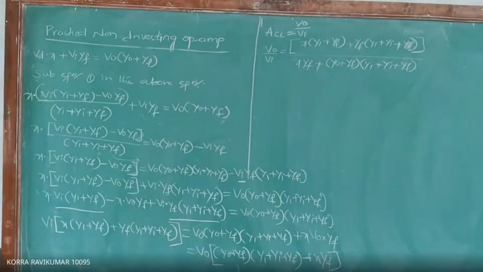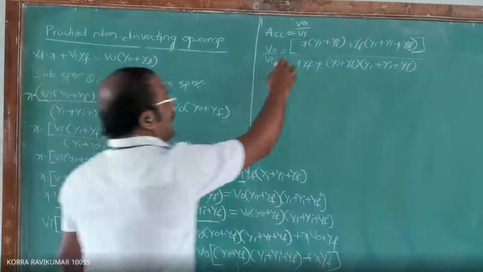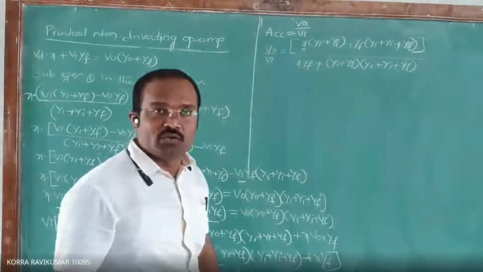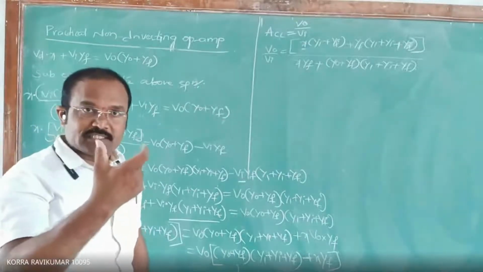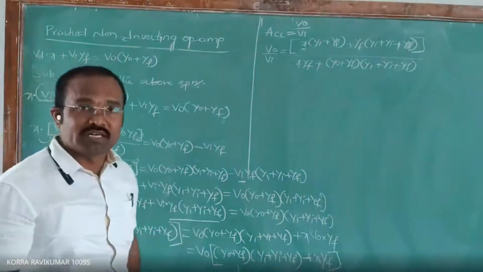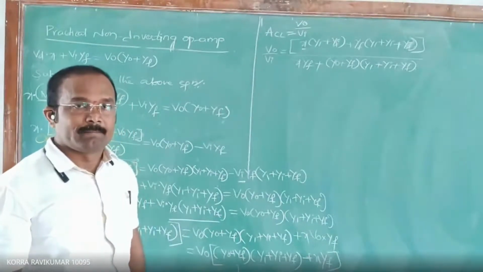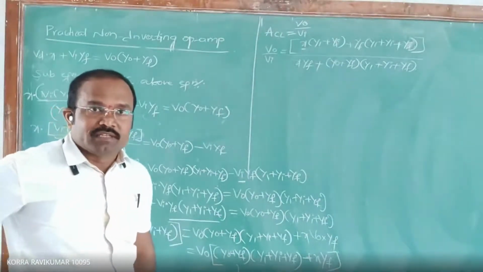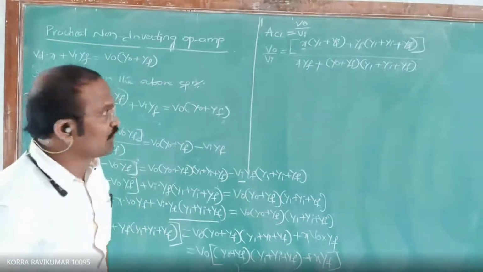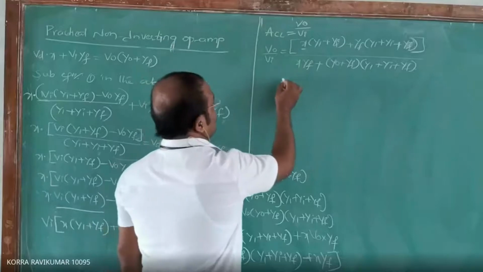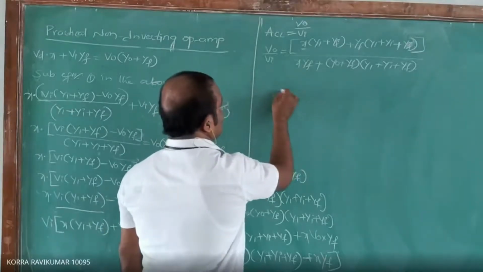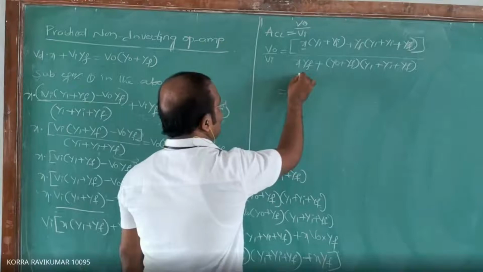Right? Here we know the value of x. What is the value of x? Can anyone say please? We considered one particular term, one factor as x. What is the value of x? Yes, any of you? The value of x is A naught into (Y0 minus YF). Substitute the value of x in numerator and in denominator.